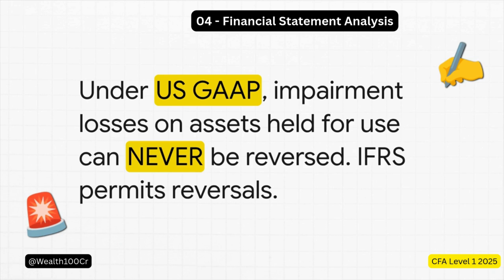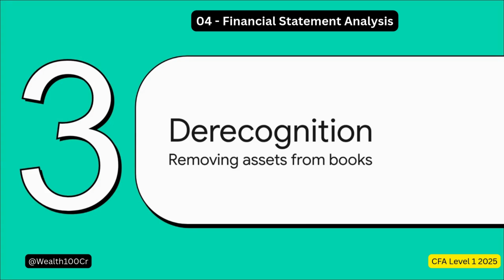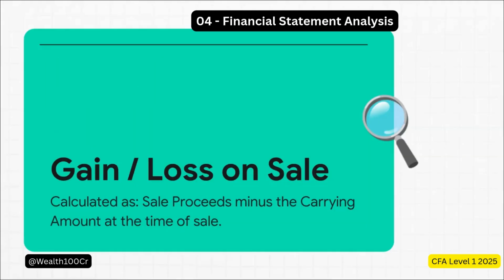This is a key distinction you have to remember. So, what happens when an asset's useful life with the company is finally over? Well, that's derecognition, the process of taking it off the balance sheet, which usually happens when it's sold. The calculation here is really straightforward. The gain or loss is simply what you sold it for, the sale proceeds, minus its book value at the time you sold it. And don't forget that carrying amount is just its original cost minus all the depreciation you've